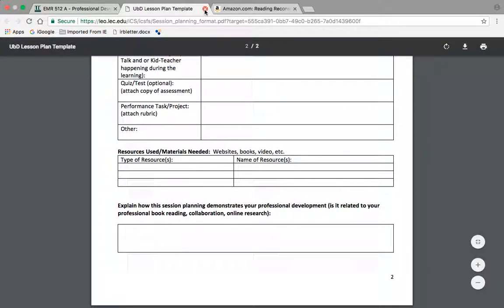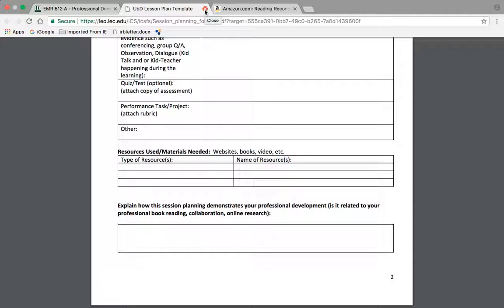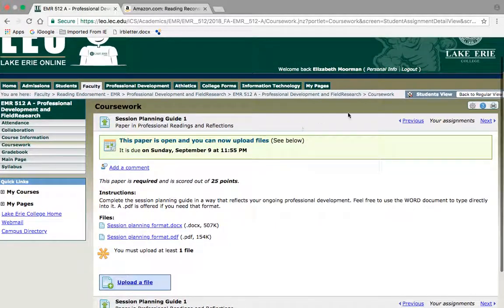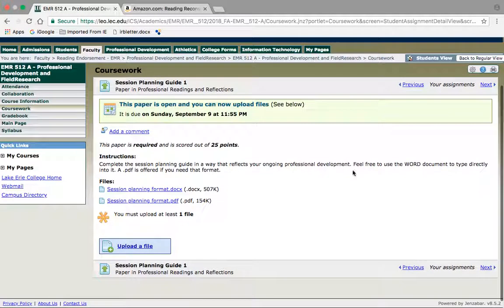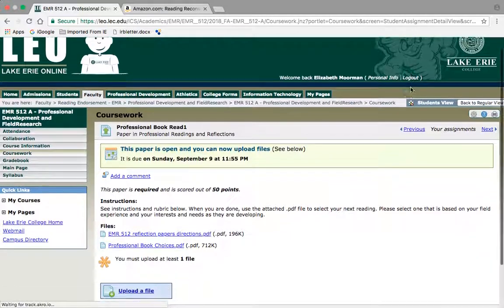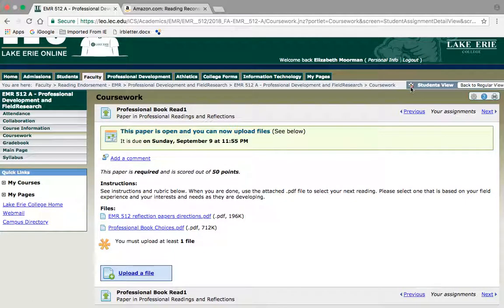That'll be due every time your professional reading is due. Okay, and so then the other thing I wanted to point out is, after you've done your professional reading, you've written your reflection, and you've written your template,